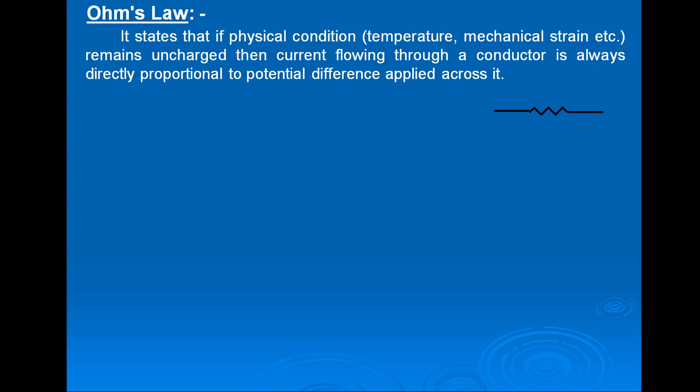This is a conductor of resistance R. The potential difference applied across it is V, and the current flowing through it is I. So mathematically, I is proportional to V,